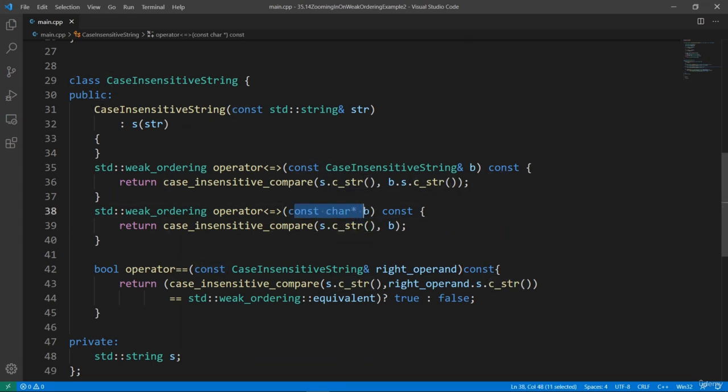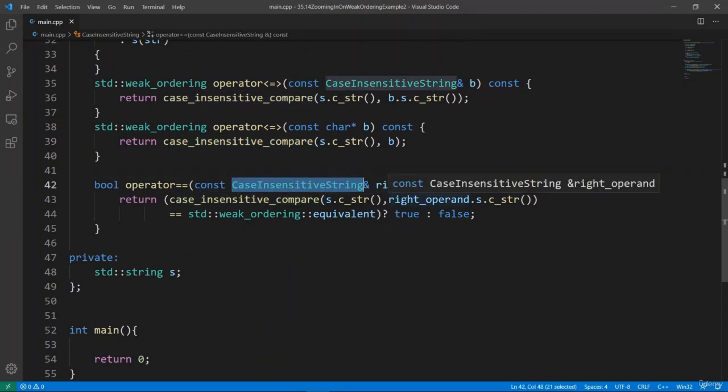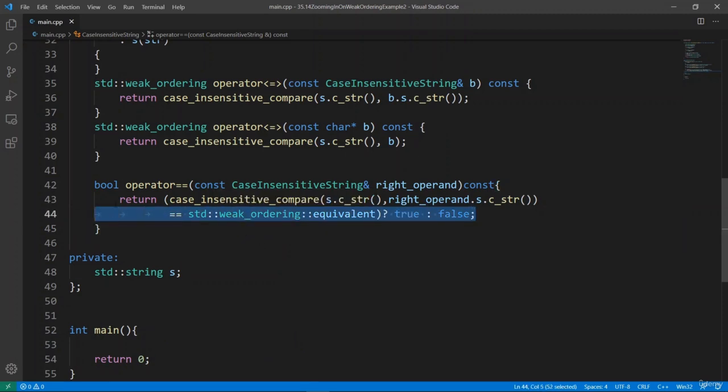The operand is already a C string, and we pass it directly to our case-insensitive compare method here. We are also going to set up an equals equals operator, which is going to be comparing to an object of case-insensitive string. We are going to compare our operands, and if they are equivalent, we're going to return true, which is what we return here. If they are not equivalent, we're going to return false, and we are using a ternary operator here to not have to do a lot of if and else's, and this is going to make things a little bit easier